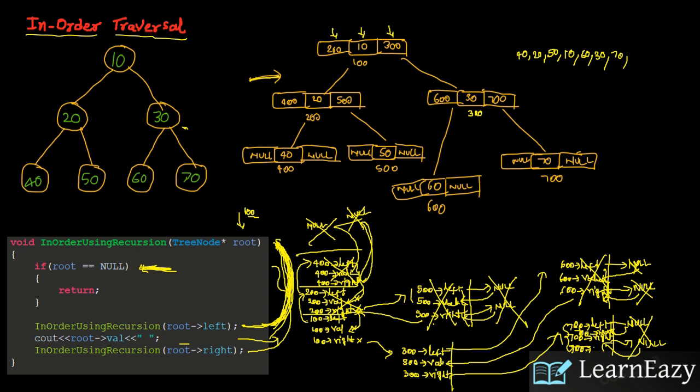These two stack records will get deleted. These all three calls are done. This stack record will get deleted and it returns back to 300 right. These three calls are done. So this stack record also will get deleted and it will return back here to 100. These three calls are also done. This stack record also gets deleted. Now the stack will be empty and this is the in-order traversal.